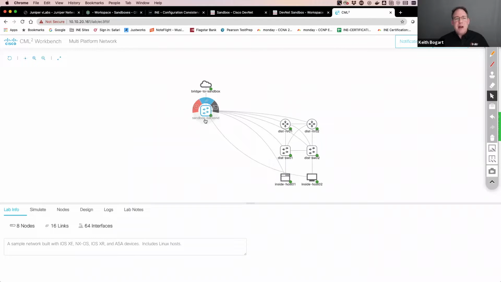If it wasn't powered up, when you hovered over it, right here on the left, it would be green with a little triangle, and that's how you would start the device, by clicking on that. If I click on this right now, it'll shut the device down. And so